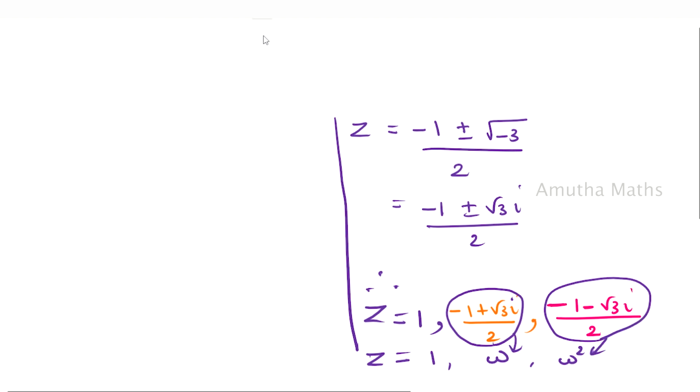Okay. So நம்ம வந்து omega square னு போடுறோம். Absolutely omegaவும் omega squareம் conjugate of each other. So conjugate னா என்ன செய்வோம்? Conjugate னா imaginary part sign மட்டும் மாத்துவோம் நம்ம. அப்படிதானே? So here z is equal to, what are all the values you have? 1, omega, omega square. What is omega?